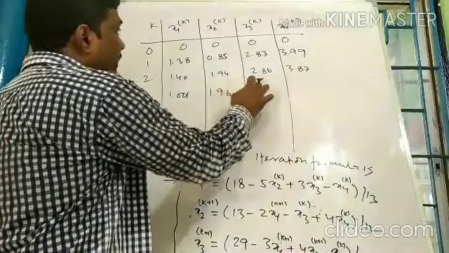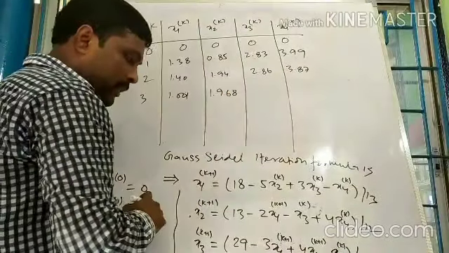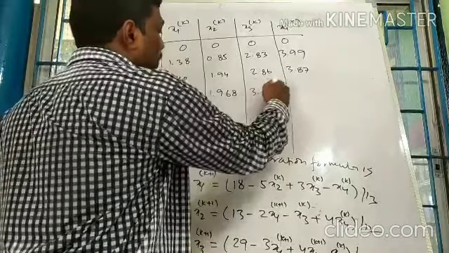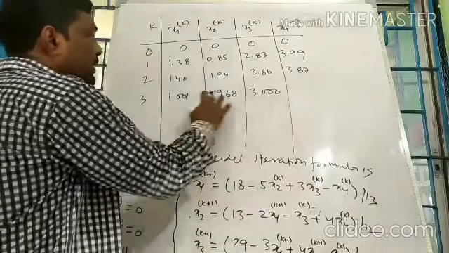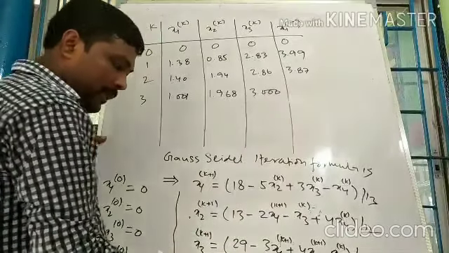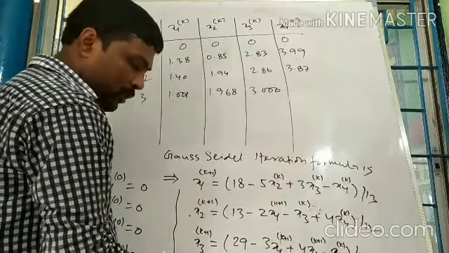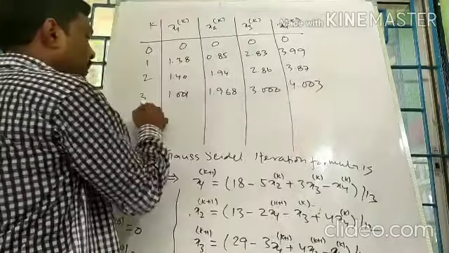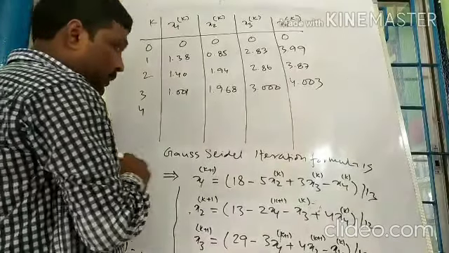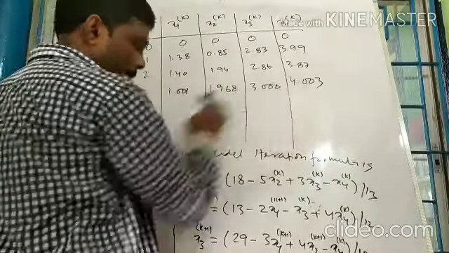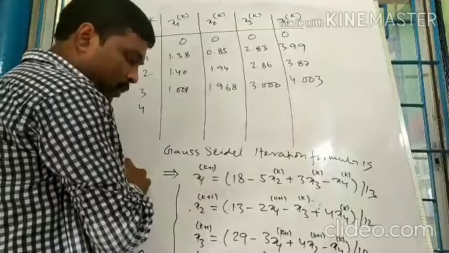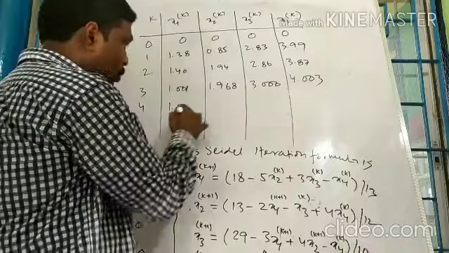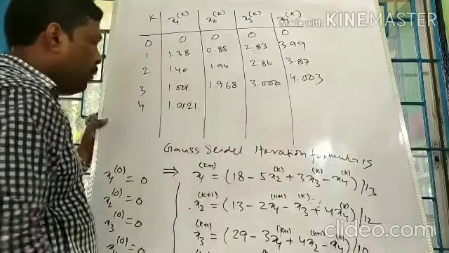Then calculate x3. This is 3.000. Then x4 using these three values from the fourth equation. This is 4.003. Now iteration number 4. Calculate x1 using these three values. This is 1.0121. Then x2 is